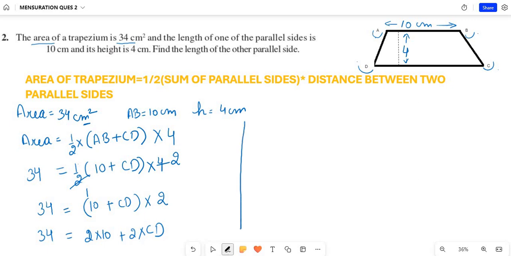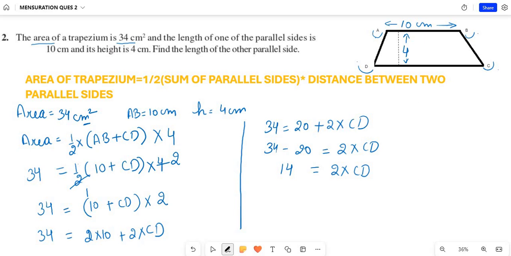Let's solve the rest of the part here. So 34 is equal to 20 plus 2 multiply CD. So you get 34 minus 20 is equal to 2 multiply CD. So here you get 14 is equal to 2 multiply CD. So now since 2 is in multiplication with CD, simply take 2 in the division with 14 is equal to CD. Now 2 ones are 2, 2 sevens are 14. So you get 7 is equal to